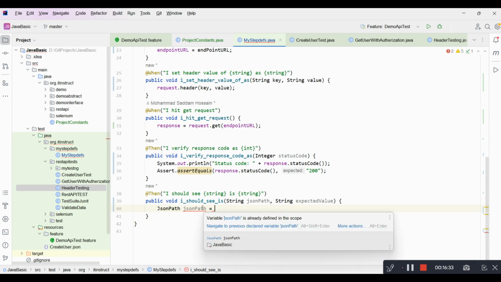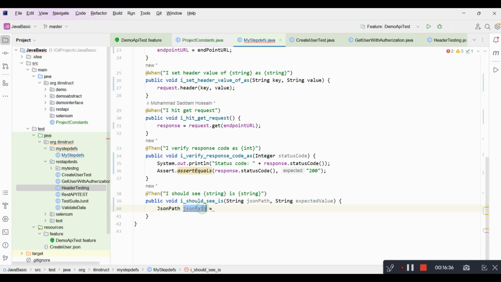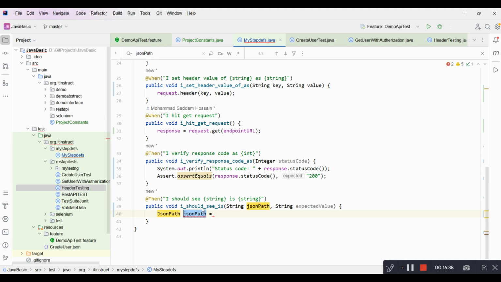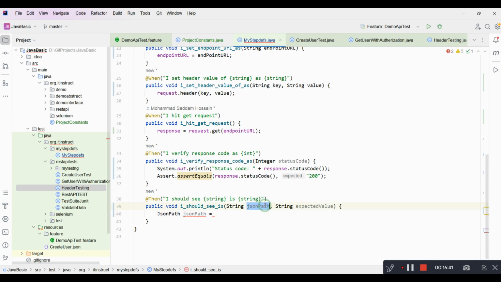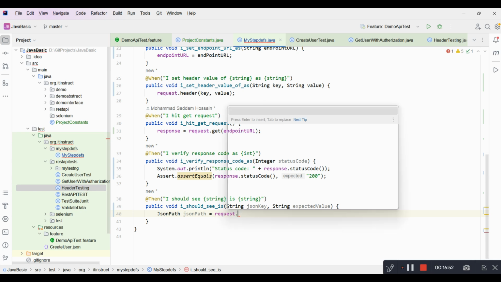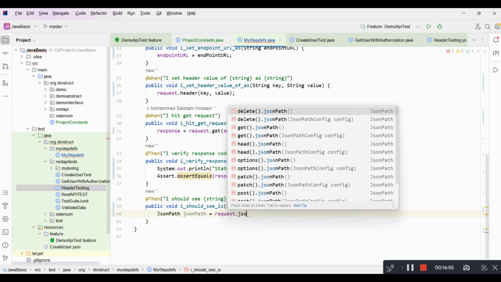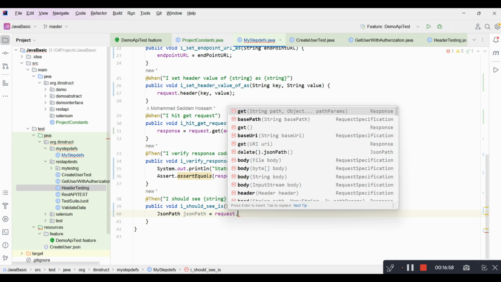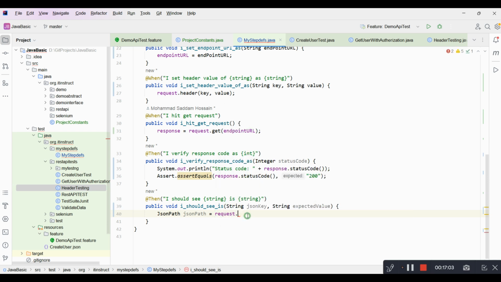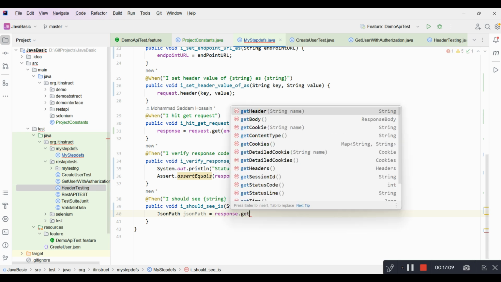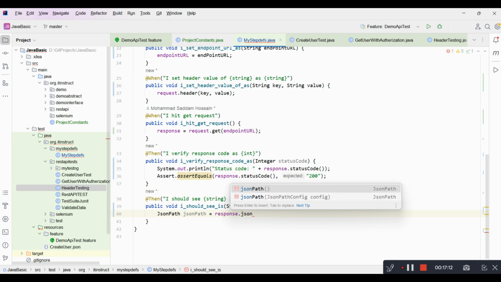So I say JSON path is equals, what did we define? Okay, it is already there. So instead of JSON path I'll say JSON key. Okay, so here I can say JSON path is equals response dot JSON path, sorry, response dot